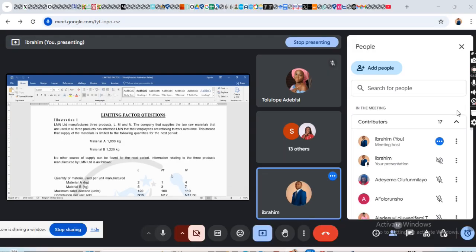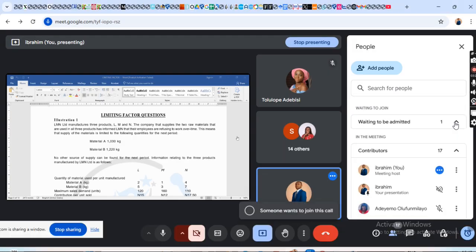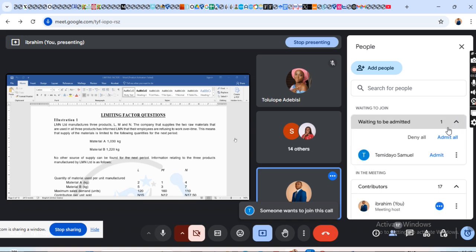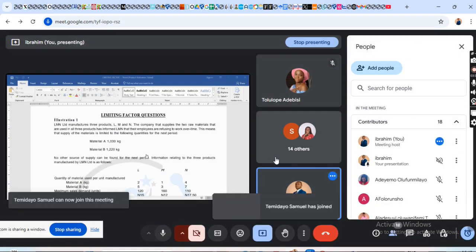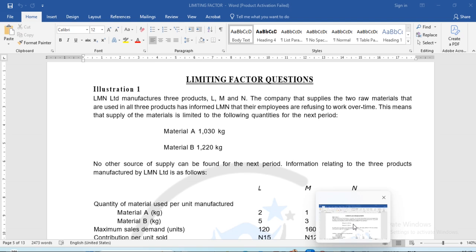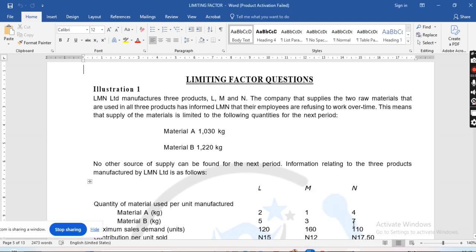Their employees are refusing to do what? To work overtime. This means that the supplier of this material is limited to the following quantities for the next period. Class,